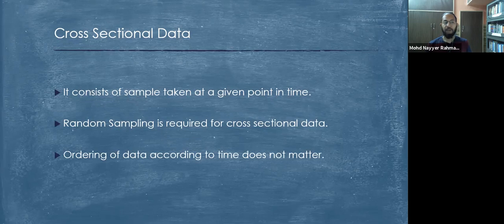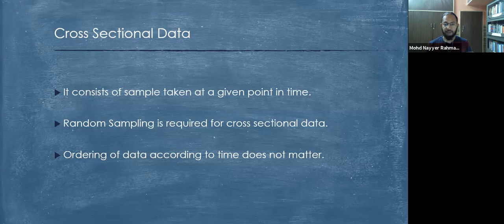So here it is, for example, in 1991. Now this point doesn't mean that it is just one moment. It can be a day. It can be a month as one point of time. It can be a year as one point of time. But you will have one observation come into that only once. So suppose I am one of the respondents and the time frame of data collection is January 2020. I will be counted only once. So this one point of time is January where my data is being collected, but data is collected from me only once. So it is cross-sectional data.